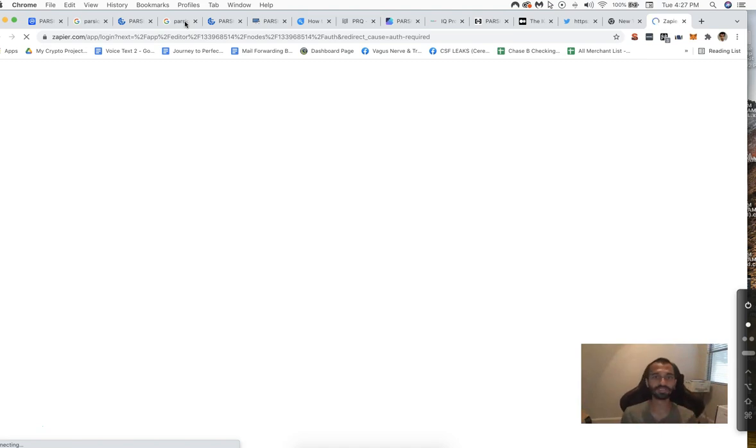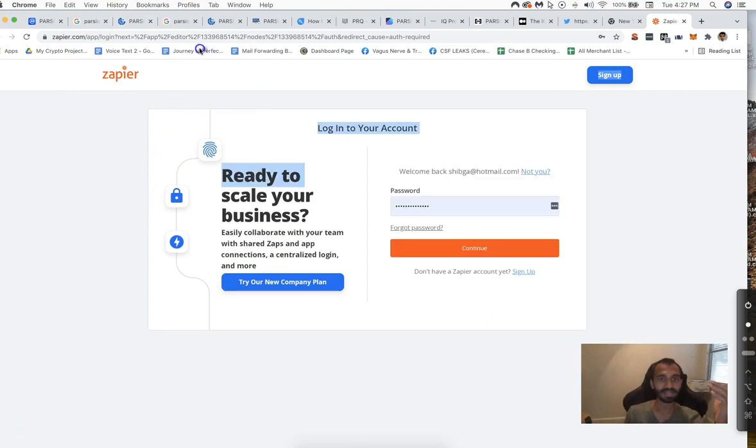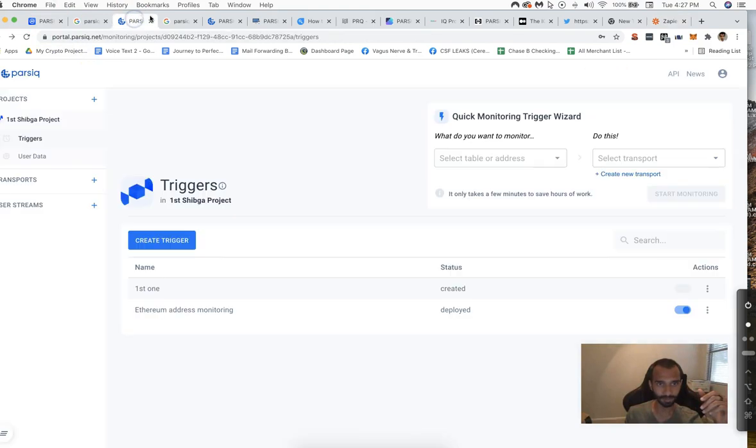If somebody was to message you on Facebook as a lead, then you get that as a text message so you can contact them. All this kind of stuff. This is what Zapier does in the traditional Web 2 world, right? The same thing is what's happening in Parsec. Parsec is basically a company that's doing the same thing.